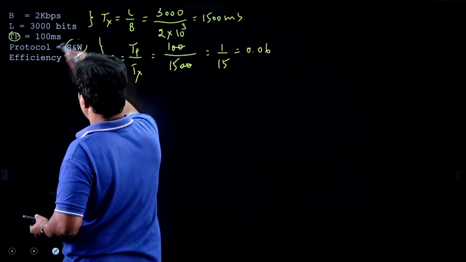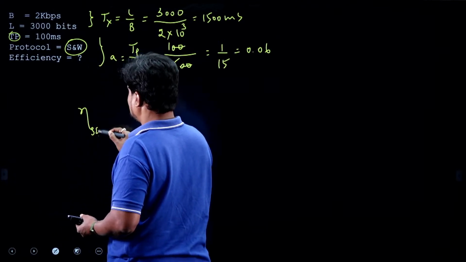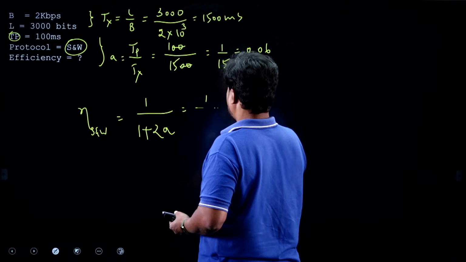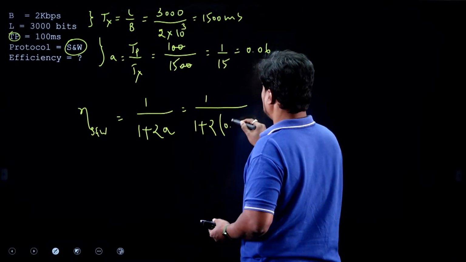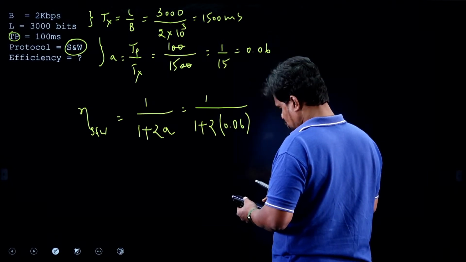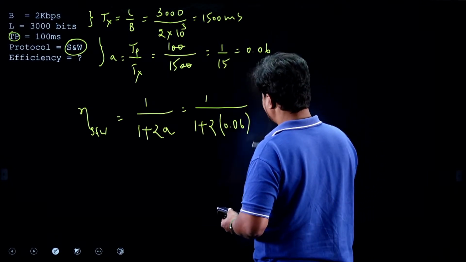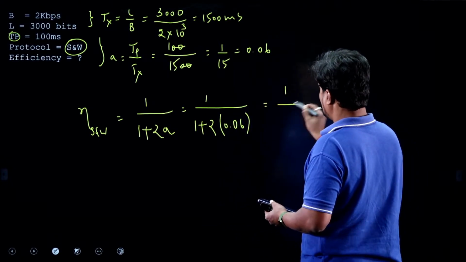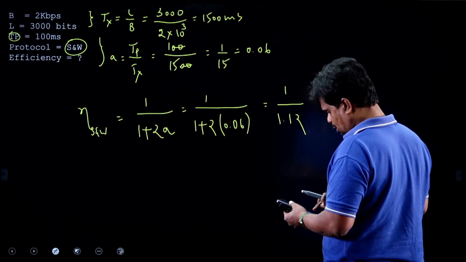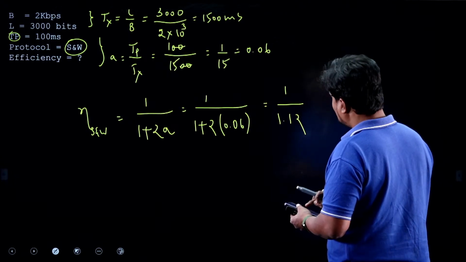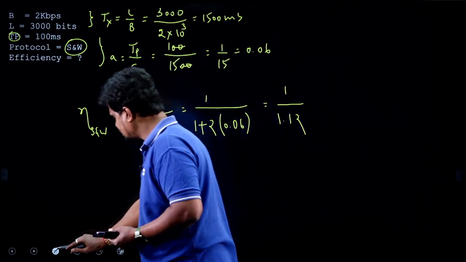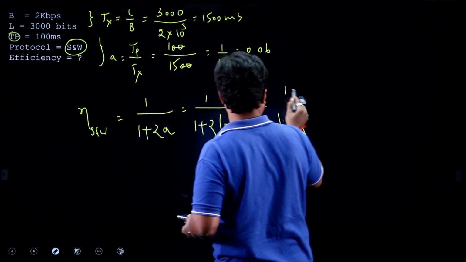And this is the stop and wait protocol. You know that stop and wait protocol efficiency is what? 1 by 1 plus 2 into A. So 1 by 1 plus 2 into 0.06. 0.06 into 2 gives 0.12, right? Then it is 1 by 1.12, right? So 1 divided by 1.12, that is 1 by 1 plus 2a. By evaluating this expression,